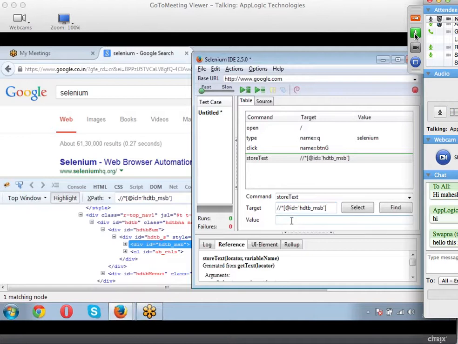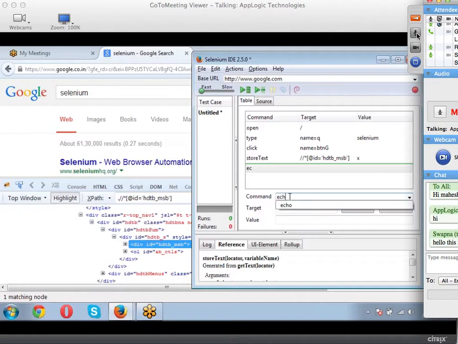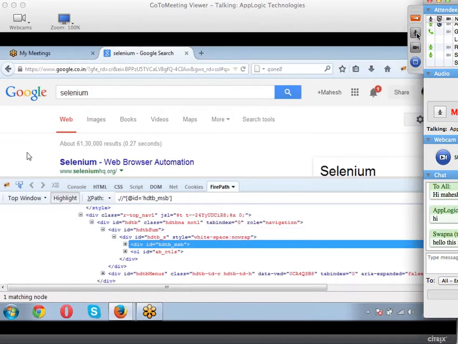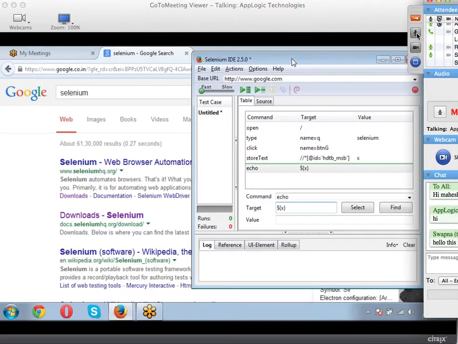As I told you yesterday, if I want to store something, I need a variable to hold that value. So I'll use X as a variable, and after it is stored, I would like to print the values back. For printing the values back in IDE, we have a command called echo. Here it is, and the syntax for printing the values inside a variable is to give a dollar symbol, two curly braces, and inside them I'll give the variable name X. I'll just run this back. Firebug, back to IDE. You can't run.